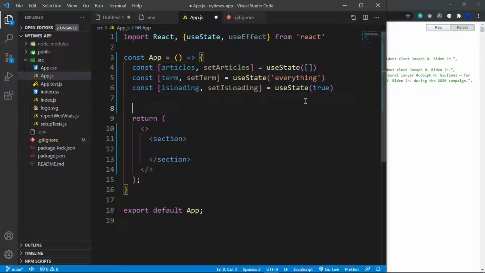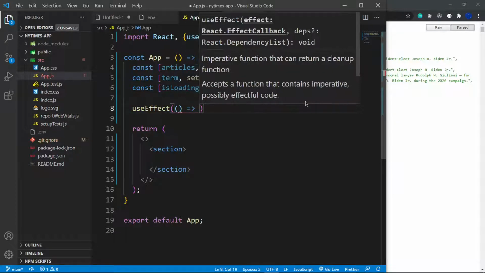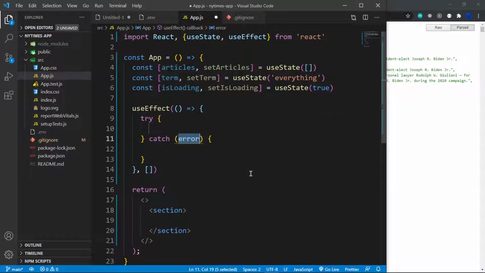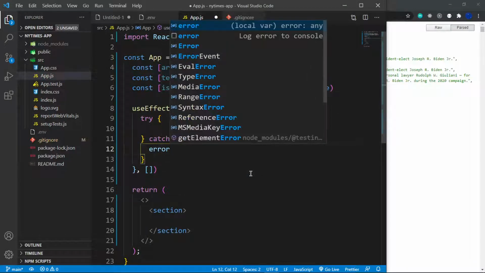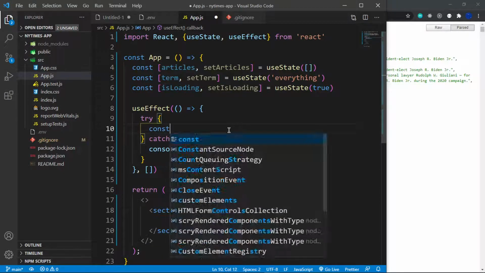And right away, let me set up my useEffect. So I'm going to say useEffect, set up a callback function, curly brackets, and an empty dependency array. Empty for now. We're going to set it to this term once we set up our form to search. So inside this function, I'm going to place a try catch block, and inside the catch I'm just going to console.error the error, and then inside my try block,